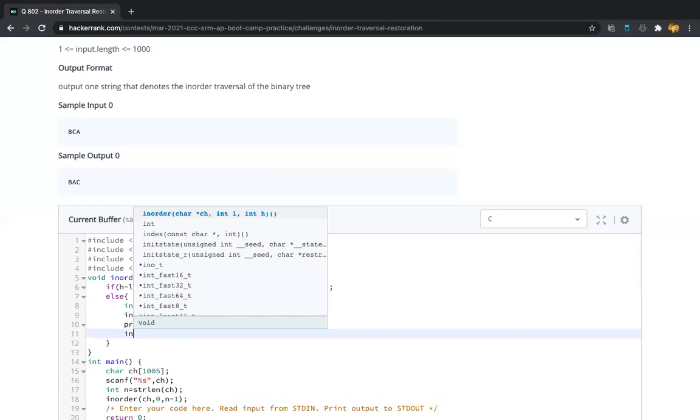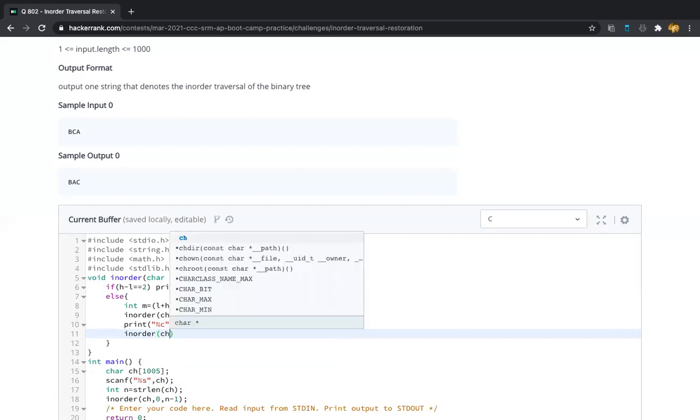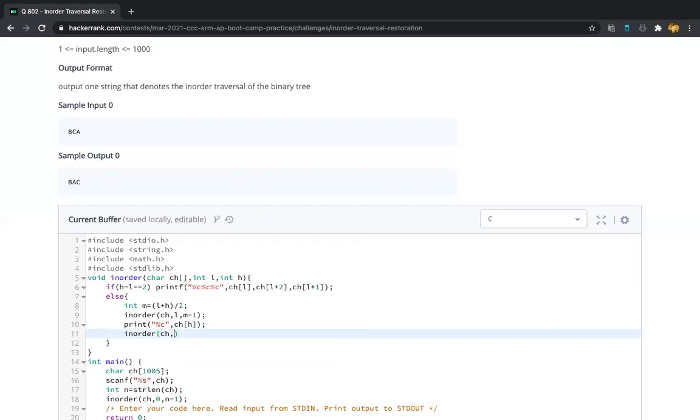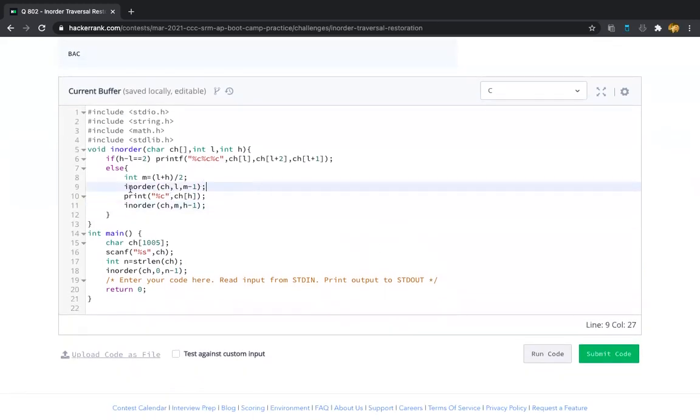After printing the parent character, again write the recursive function. We should check the right sublist now, for ch comma mid to high minus 1. That's it.